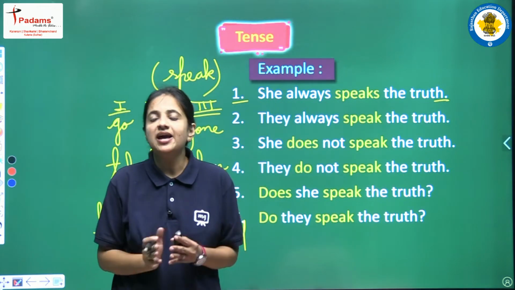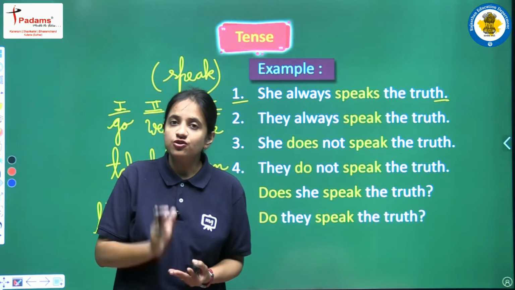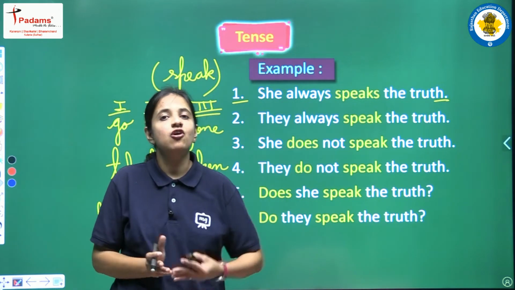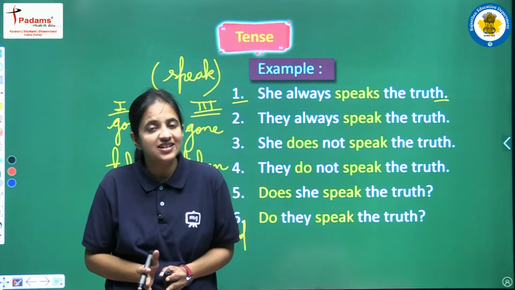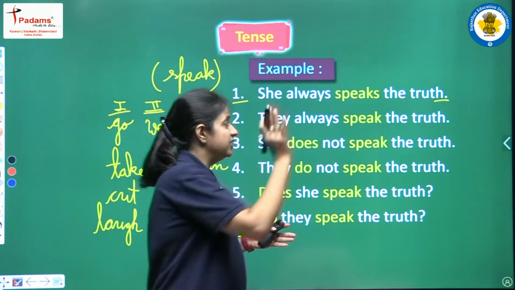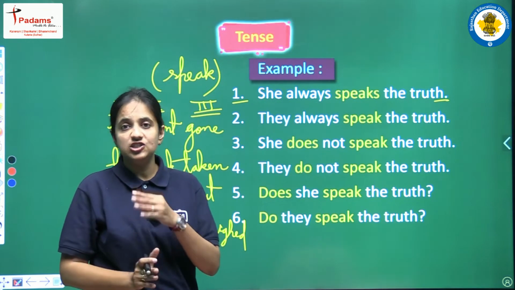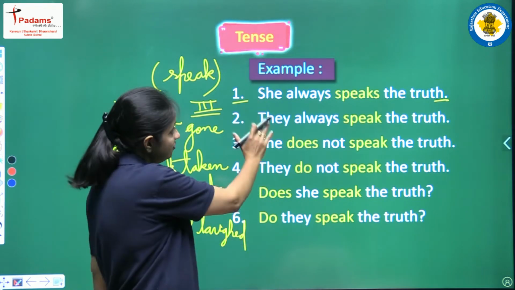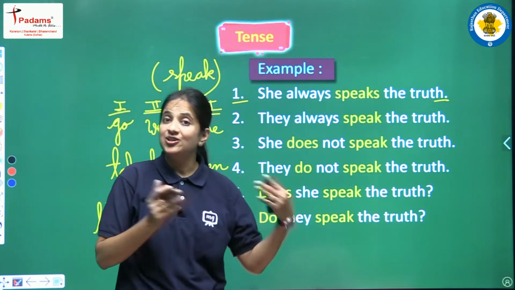Okay? So सबसे पहले हमें क्या करना है, जब भी हमारे पास एक sentence है, so first of all just try to find out what kind of sentence is that, right? कि वो positive sentence है, negative sentence है या interrogative sentence है. So in this sentence we are having question mark at the end, it means interrogative sentence तो नहीं है. Clear? Second, we can see इस sentence में not का use भी नहीं हुआ है, it means ये negative sentence भी नहीं है.